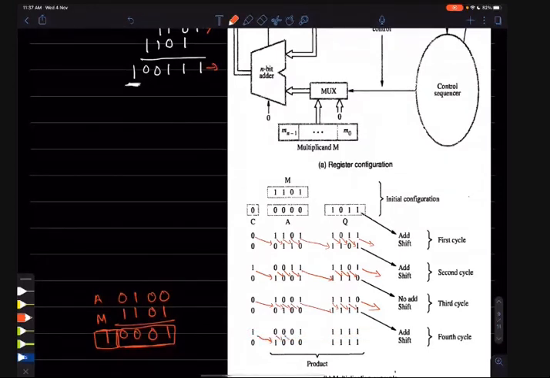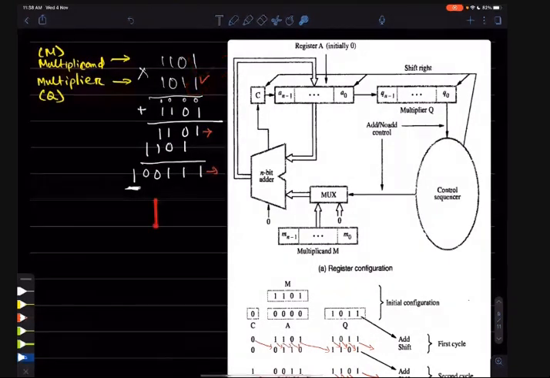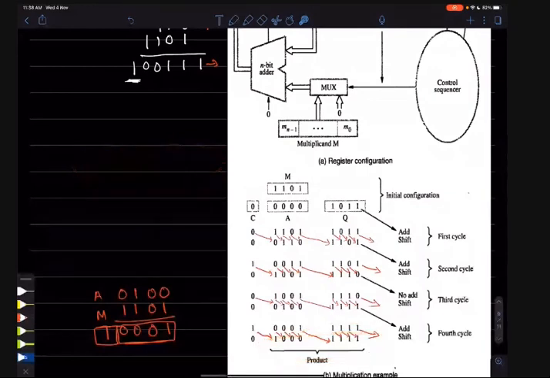Obviously we will shift towards the right side by 1 bit. This one will be going out of the system. So 4 times our addition is done. 4 times shifting and adding, these operations are done. So what is the result? This is the end result. 10001111 is the end result for this multiplication of these two numbers. Whenever we did that multiplication earlier, you might have seen that is the same result we obtained, and here also we are getting the same result.